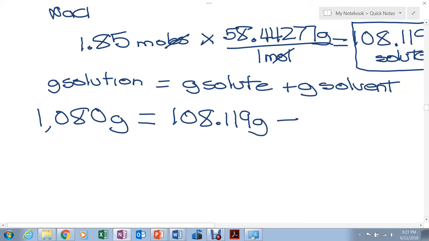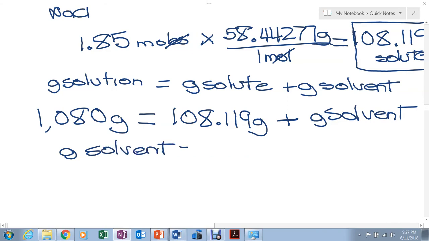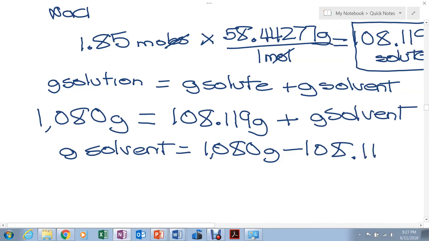And this is what we need to find, the grams of solvent. So it's going to be 1080 grams minus 108.119, and that gives you